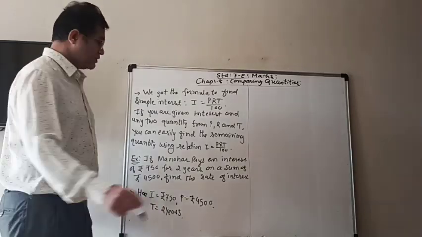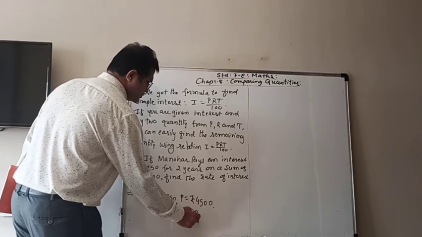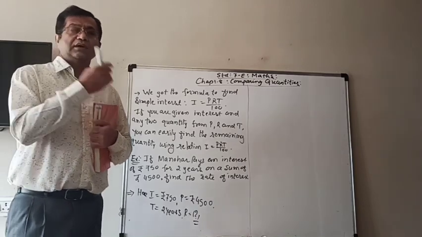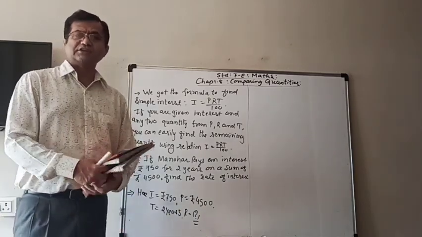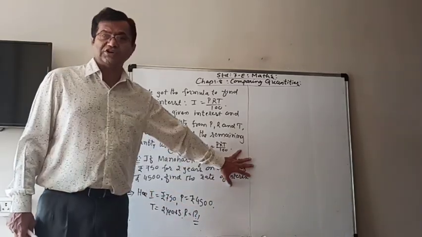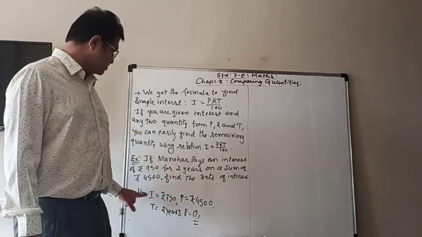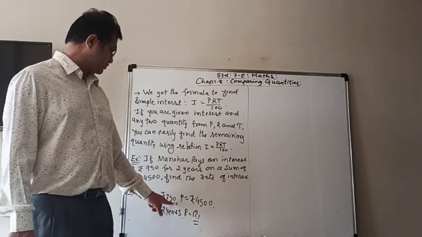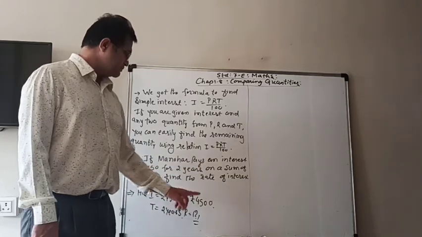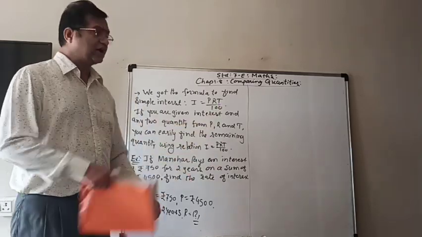And what do we have to find? R we have to find. So when you attempt these questions like for the simple interest, first of all, you don't need to copy the question, but only whatever is given in it. Like this, here interest is given, so I is equal to rupees 750. 2 years means T is equal to 2 years. Sum means the principal, and what you have to find. So now we are going to find out the rate of interest.